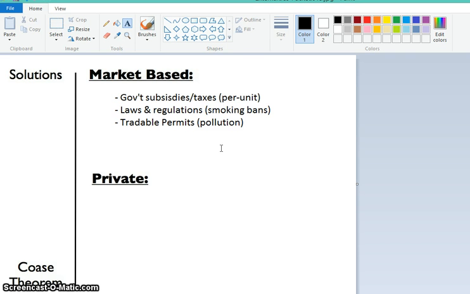And what it does is it encourages some businesses. Some businesses will say, okay, I could get the permit, or they are given a permit, and they'll be like, well, you know what? It wouldn't be that costly for us if we just put a couple of these measures in place and we polluted a little less on our own, and then we could sell our permit. We could say it would cost us $100 to reduce our pollution and not need the permit, and we could sell the permit for $500. So we'll spend $100, we'll sell the permit for $500, and we'll end up $400 ahead. And so the other firms that say, you know what, it's more advantageous for us to buy the permits from people than to try to pollute less, they'll buy the permits.